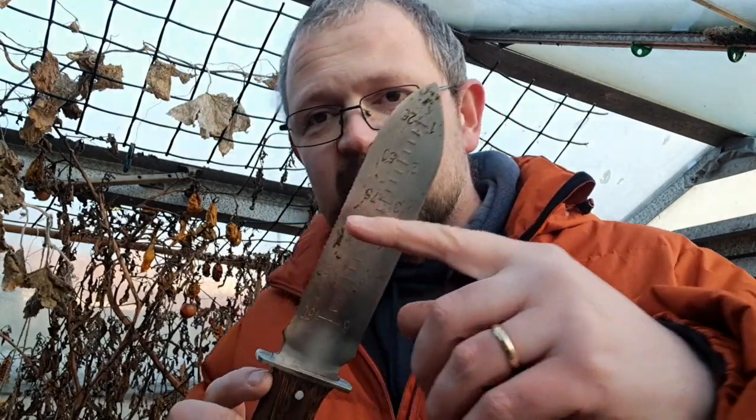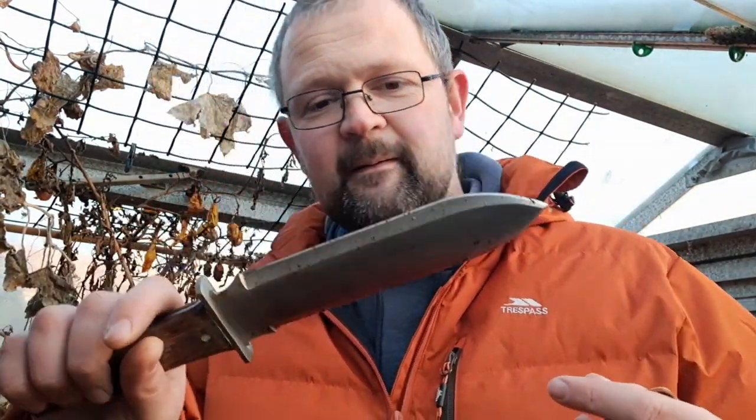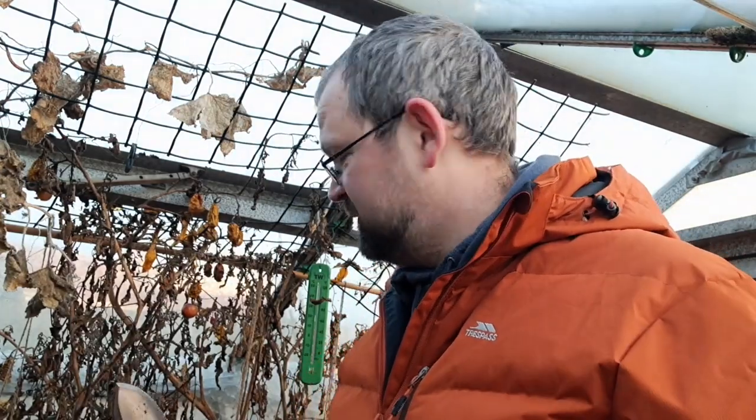But this is it. It's like a trowel. It's a saw. You can see that. Got teeth. It's a nice sharp blade. And it's fantastic. And I'm trying to use it in here. And I found out that it's not very good if you're a plonker like me and you forgot to clear out your tomato plants, because no matter what I try and do here,